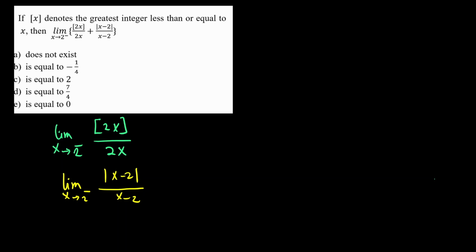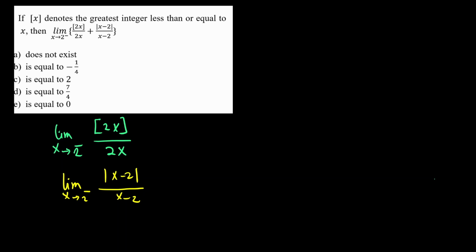In this exercise, we're asked to find the limit as x approaches 2 from the left of the greatest integer of 2x divided by 2x plus the absolute value of x minus 2 divided by x minus 2. Let's take the limit of each one of these two terms separately. The first is the limit as x goes to 2 from the left of the greatest integer of 2x divided